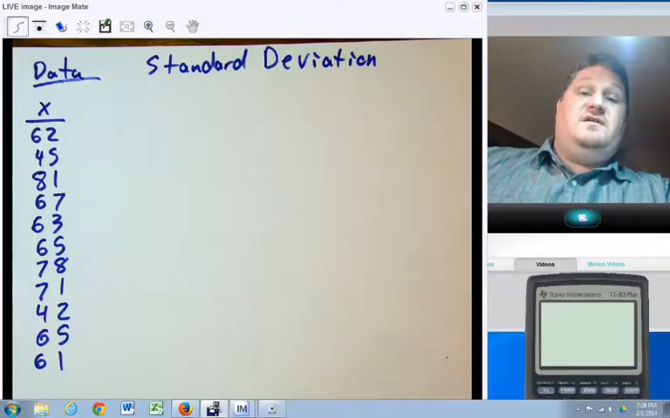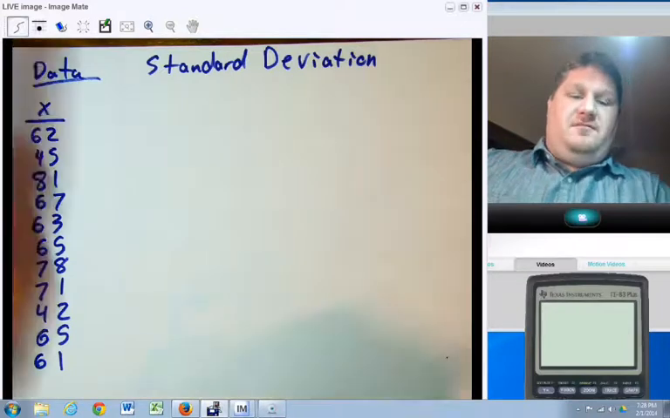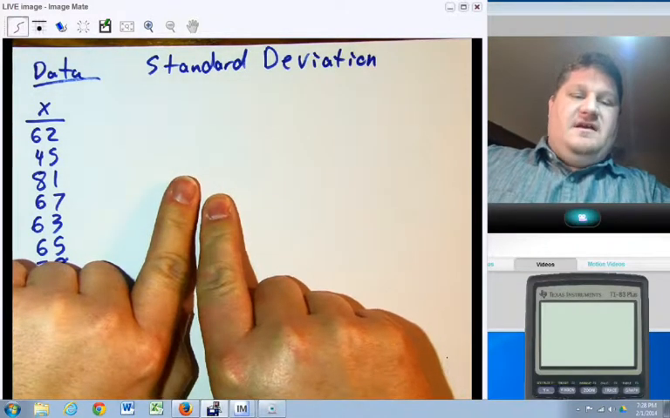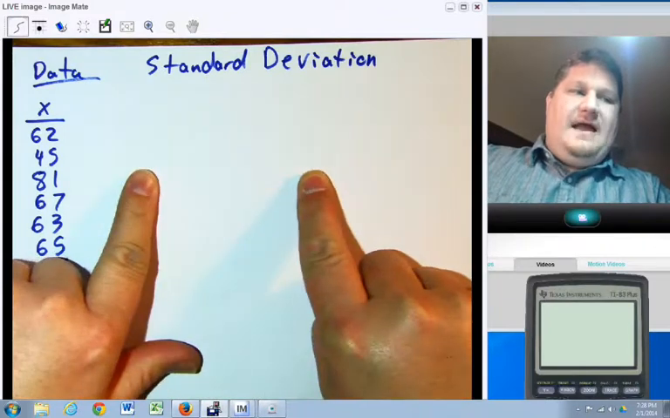Okay, we've already talked about mean, median, and mode. We've already talked about range. We've talked about the 5-number summary. Now we're going to talk about another measure of spread. Remember, measure of spread is not where is the middle of the data, it's how wide the data is spread